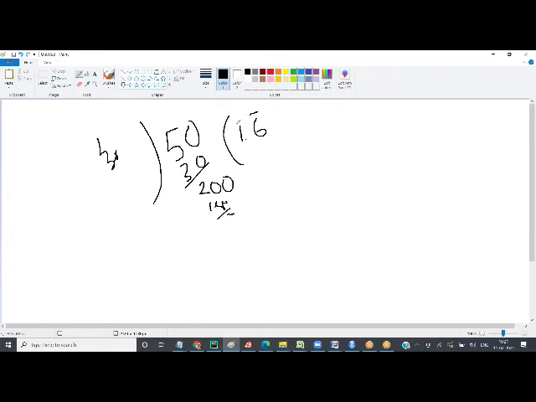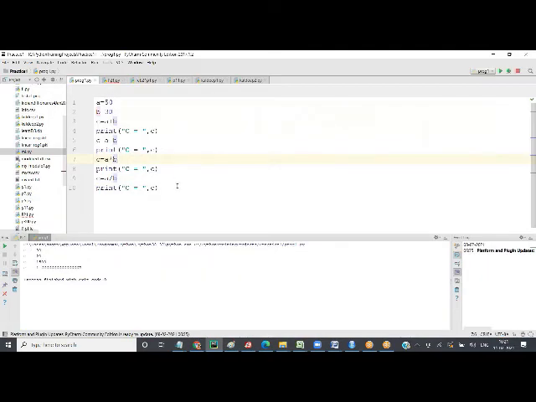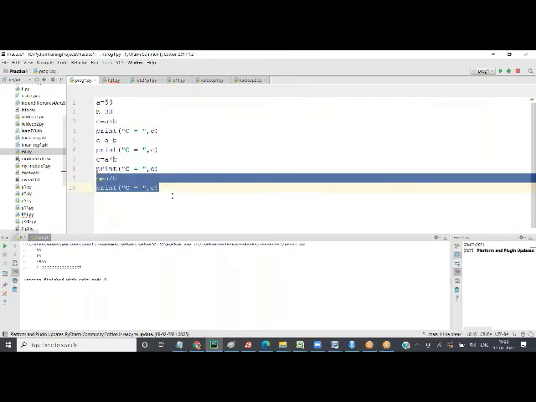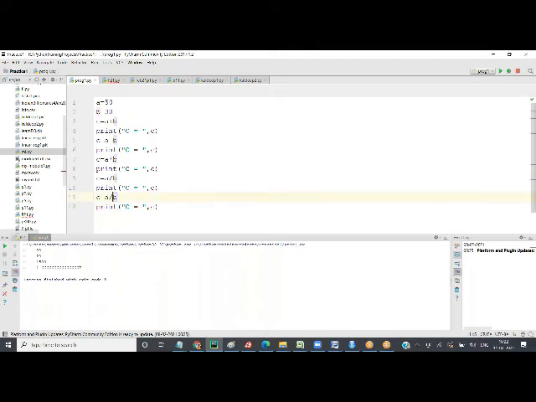If you just want the integer part, not the decimal part, we use double slash. So when I run this, we get 1, the decimal .66 is not there.